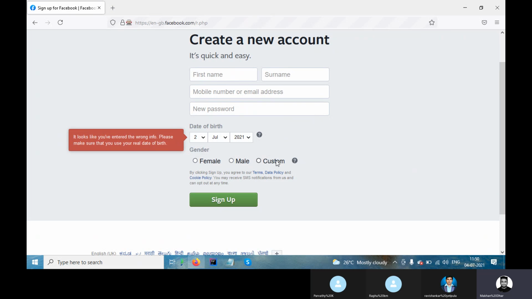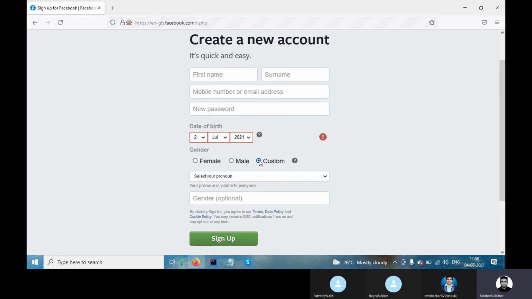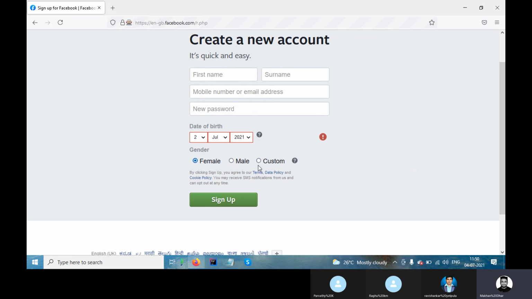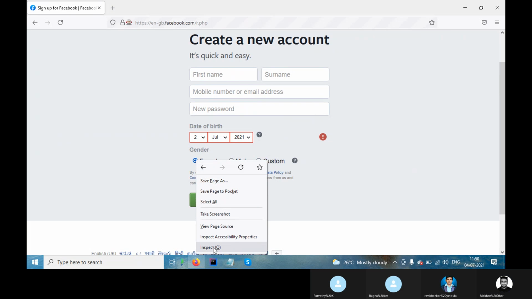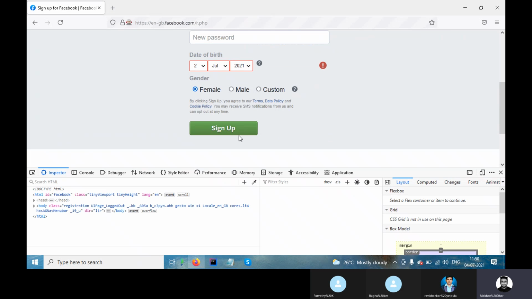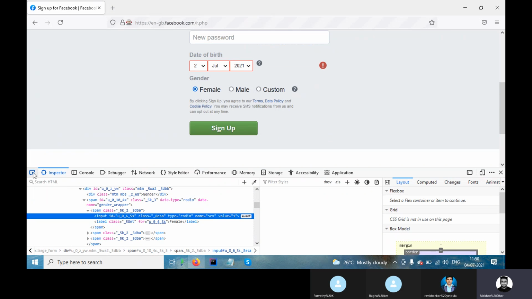We'll now see the checkboxes. Okay, so if I click manually, what happens? It is okay. Okay, I can just click it, but when I click here, it is coming and again another thing. So this is another drop down. Okay, normally we can use the drop down, right? So what we have to do first is inspect. We'll see this female first, and then we'll go to the custom one so that we can see another example.